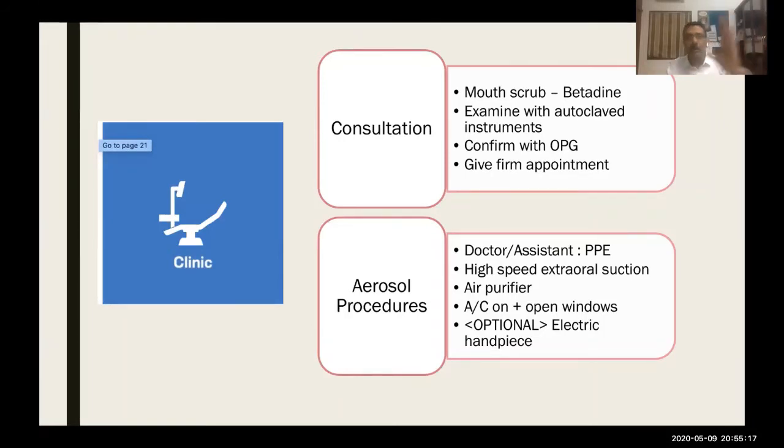AC is on? No, because if you are going to add the HEPA filter, it is not going to work really well with the compressor. So you need to have a special air conditioner for that. In this case, we just have the air conditioner on, but with the windows open, so that there is a fresh circulation of air. We are reducing the viral load in the room definitely by just keeping the windows open.